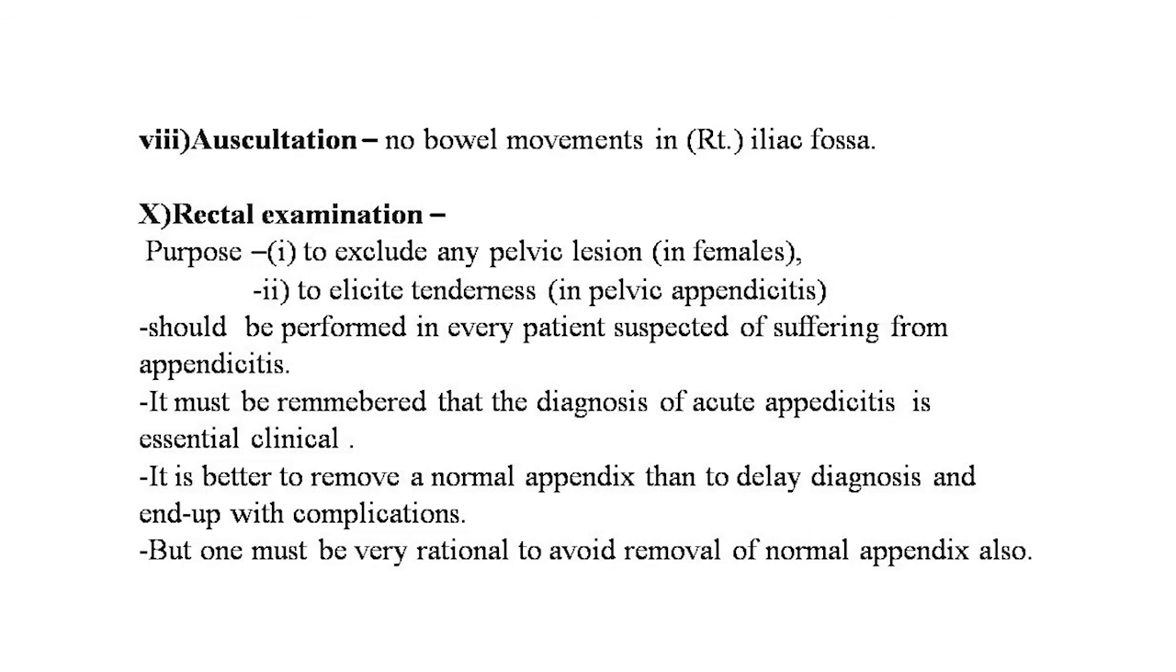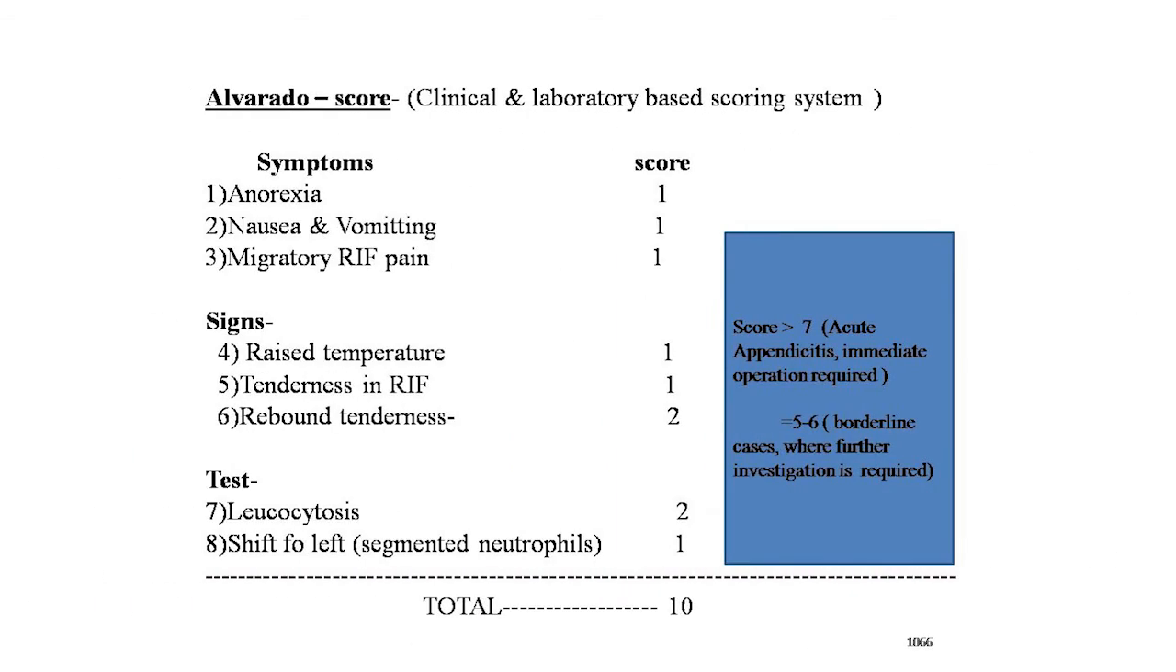It must be remembered that the diagnosis of acute appendicitis is essentially clinical. It is better to remove a normal appendix than to delay diagnosis and end up with complication. It is always better, but one must be very rational to avoid removal of a normal appendix also. Always remember this, students. Now the next one is the Alvarado score, which is a clinical and laboratory